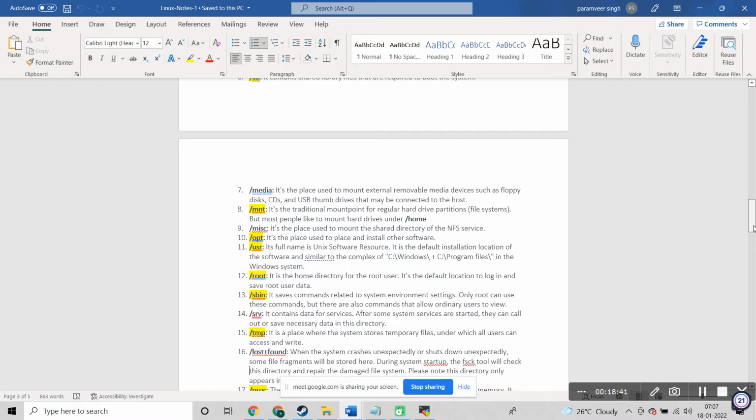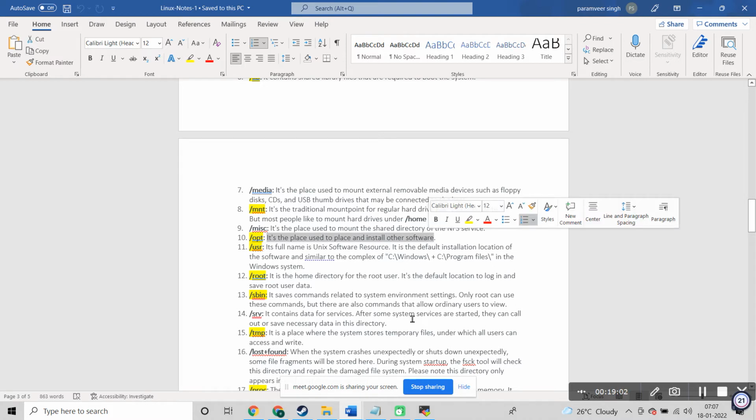But there are a few cases like Java. Yesterday we downloaded a zip file and then unzipped it, and after that there was a folder structure, right? That way also we need to install software, and we keep it in opt.